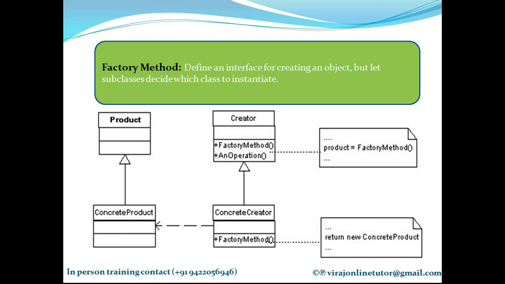So the factory method works by creating a parallel inheritance hierarchy to the primary inheritance hierarchy. So this is the primary inheritance hierarchy, and factory method develops a parallel inheritance hierarchy. The parallel set of classes, these concrete creator and creator, are responsible for polymorphically creating an object of the primary set of classes.